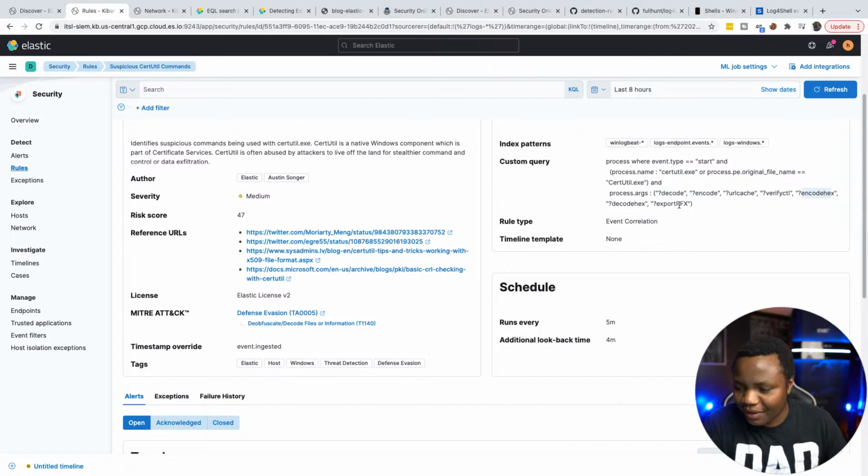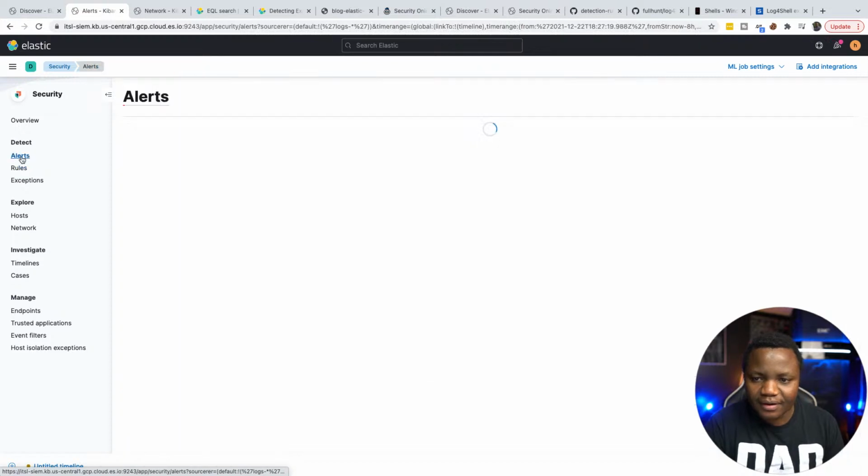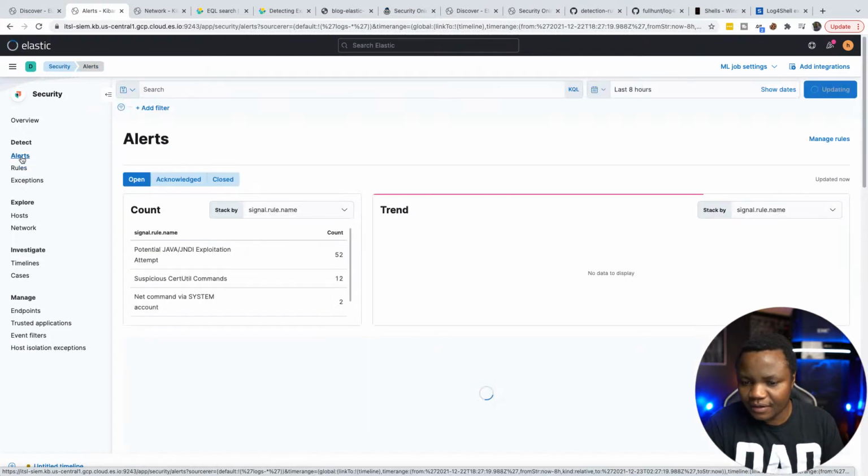That is awesome. This is just amazing, just looking at these rules here. So with this rule we have found setutil whether we have encoded or not. All right. So that was one. Let's go back to our alerts. We did see that we have a